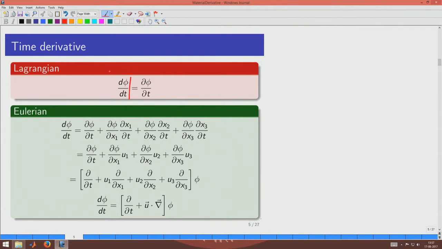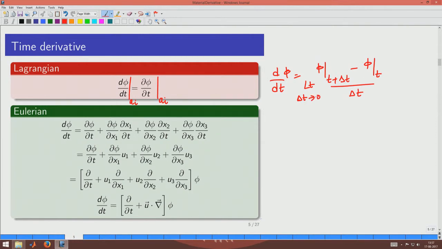The way you define the time derivative is always at a_i. Okay. So, simply taking a partial differentiation with respect to time would give you the time derivative, and the phi can be any parameter. Okay. So, it could be, for example, velocity, in which case what we are talking about is acceleration, and we know that when we are taking the derivative, what we are actually saying is this with the limit delta t going to 0.